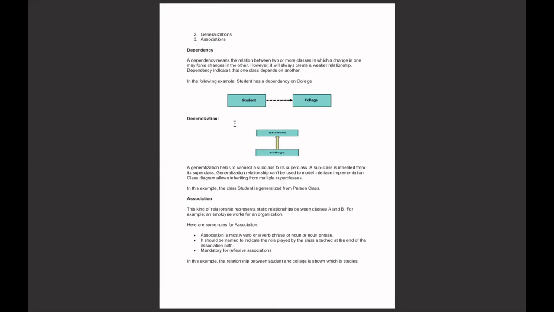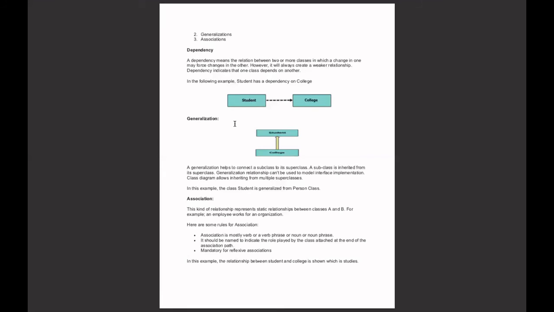Generalization is sometimes called an "is a kind of" relationship. One thing, like the class bay window, is a kind of a more general thing, for example, the class window.